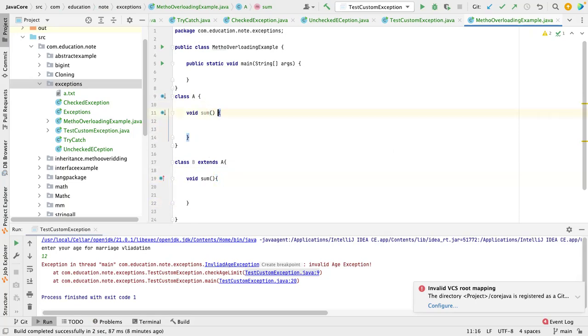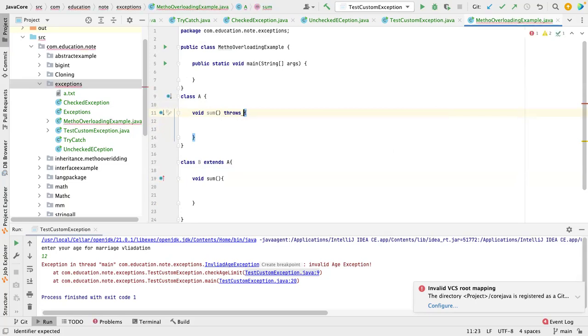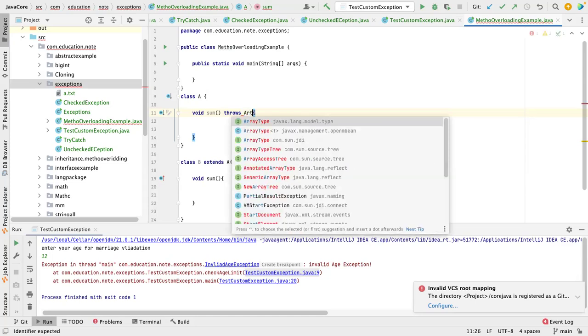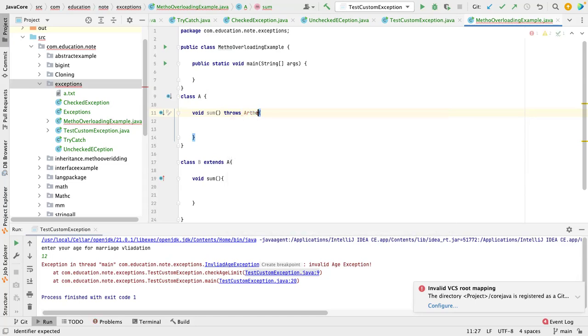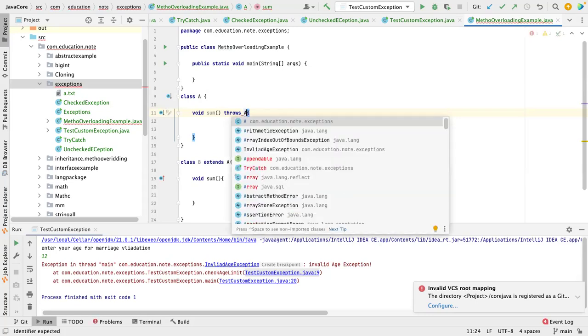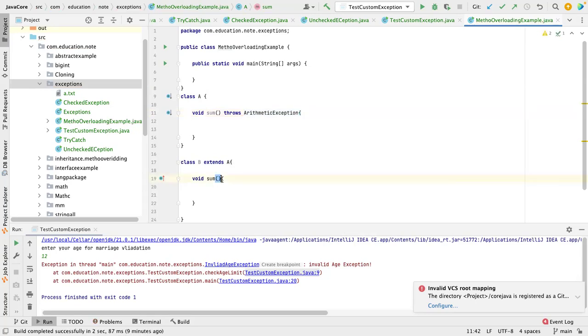So let's think this one will throw. Can you guys name an unchecked exception? Null pointer exception. Arithmetic exception. Okay. So let's assume it's throwing arithmetic exception. Now it throws